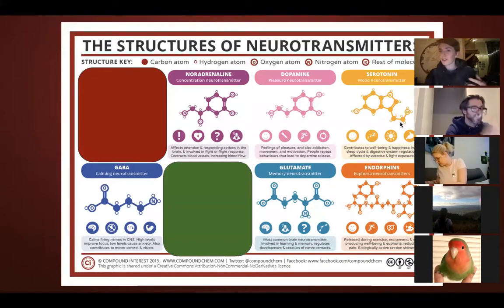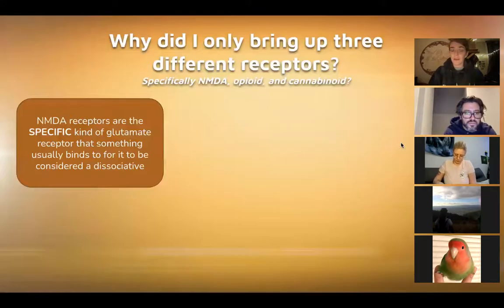Here's just a quick breakdown of the different neurotransmitters we talked about today. I blocked off two that we're not going over, and I can't even remember which ones they are, but this is helpful in case you need a general outline of them. I'm going to go 1 minute over.